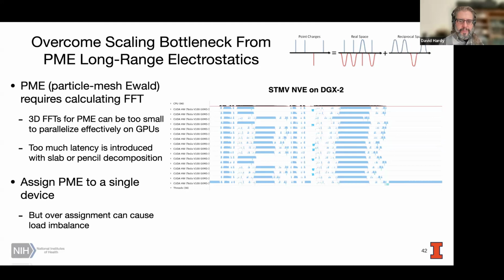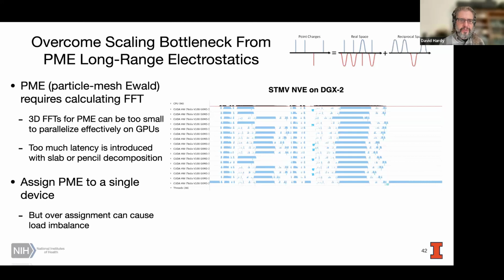PME is important because it gives you a calculation of the full electrostatics, but it relies on calculating 3D FFTs, and 3D FFTs for molecular dynamics are problematical because they tend to be too small to parallelize effectively